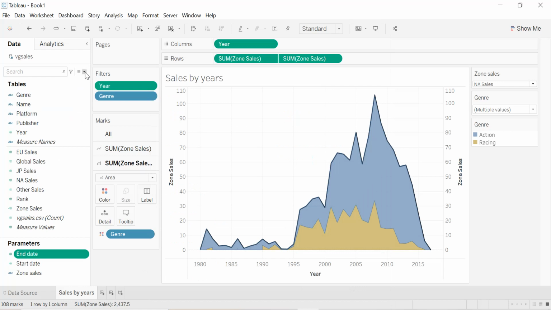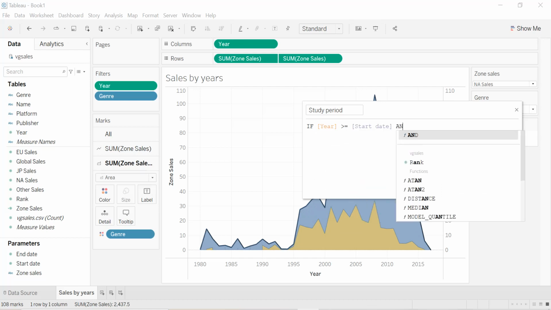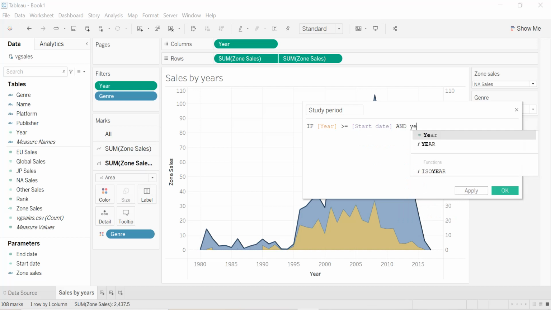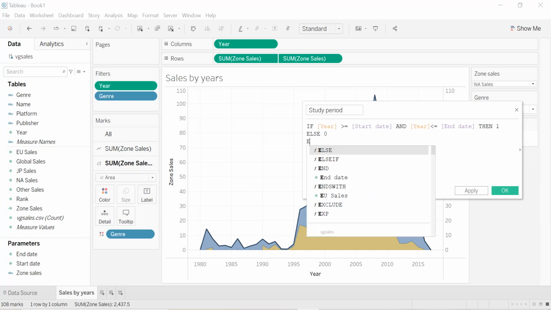Then we create another calculated field. So create calculated field, study period. If year is greater or equal than start date, and year is less or equal than the end date, so the different parameters that we have created, then give me 1. Okay, else give me 0. So end,